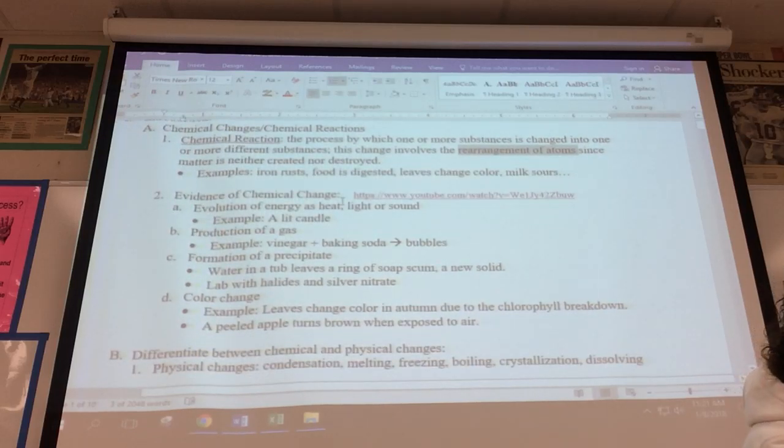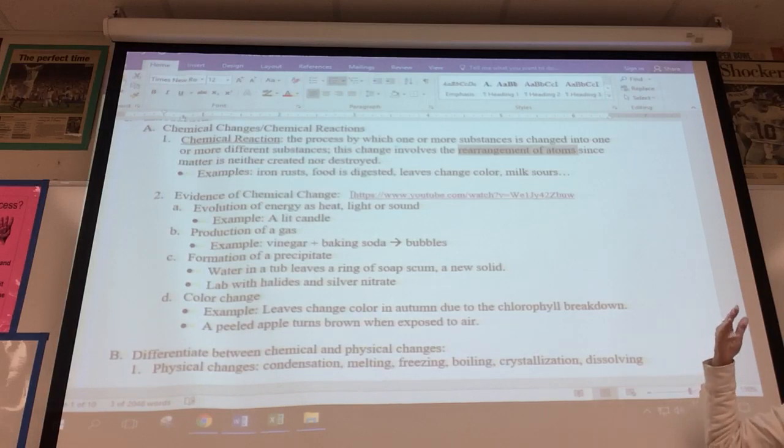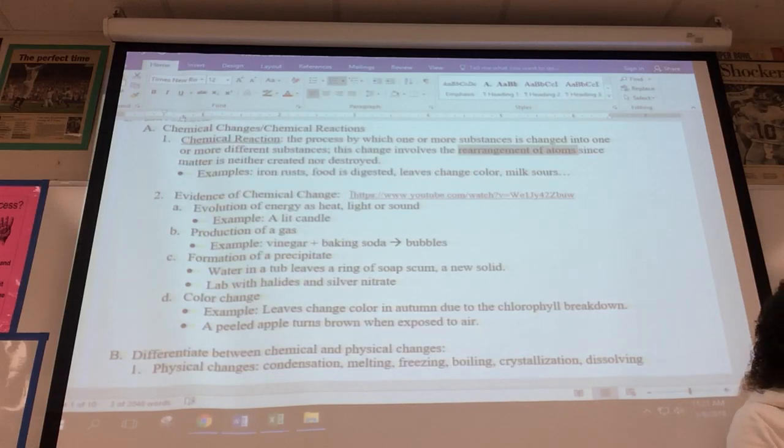Many lines of evidence of chemical change. We watched this video earlier in the year. If you want to go back and rewatch it, I've included the link for you. In that video, we saw energy being evolved as heat, light, or sound. So if you react two substances together and smoke is given off, heat is being released. You can determine if a reaction is endo or exothermic by looking at or measuring changes in temperature,